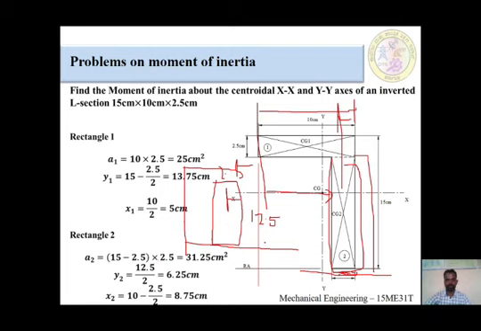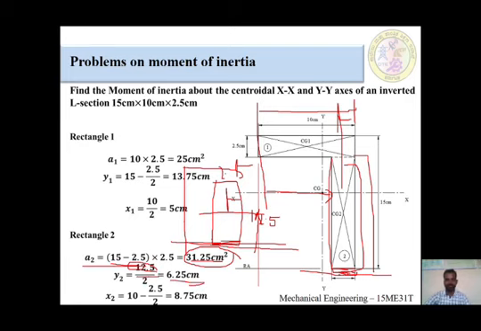For calculation purpose, first, as I said, this one is total 15 distance minus 2.5. It is equal to 15 minus 2.5, into this web part 2.5, is equal to 31.25 centimeter square. This is the area of rectangular 2. Okay, how to find out Y2? For Y2, we have to take the axis as a reference, horizontal, and go vertical to half of the component. How much is half of the component? Total distance is 12.5. Half of the component means divided by 2, which is equal to 6.25 centimeter.